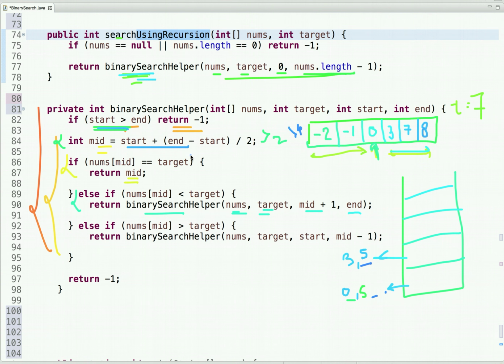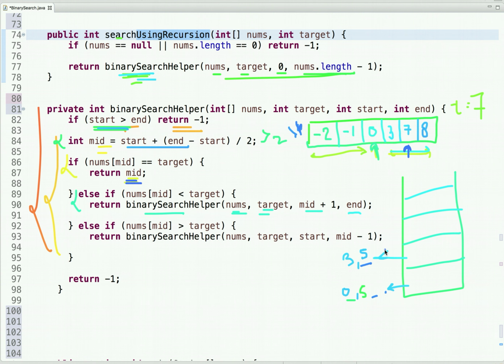And now let's see what this method returns, whether it returns a value or recursively calls the method again. Now we computed the mid, which is 4, and we check the value present at the fourth index. The value present at the fourth index is 7, which is equal to the target value. So we return the mid.